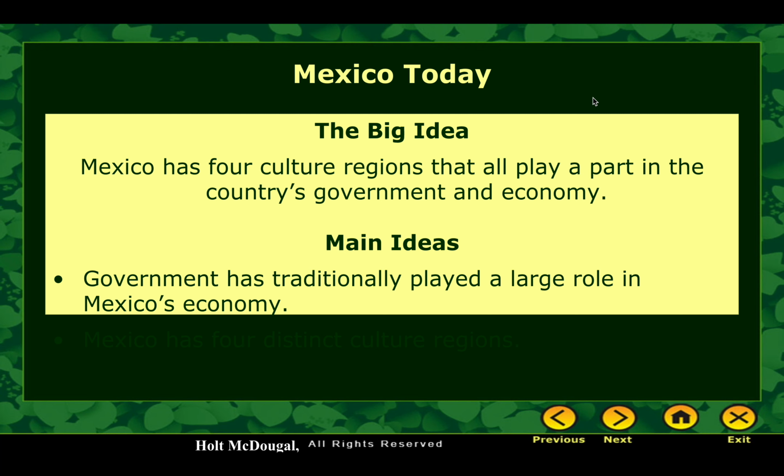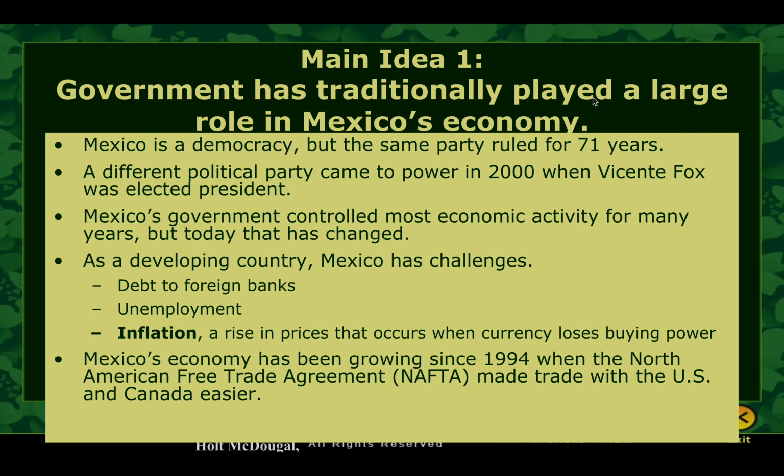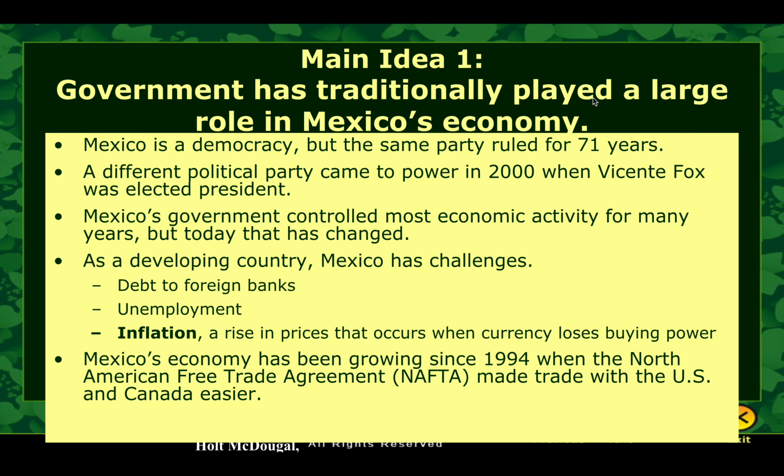So Mexico today has 4 cultural regions that all play a part in their country's government and economy. Mexico is technically a democracy, and they've had the same party ruling for 71 years. So in the United States, we have Republicans, we have Democrats. In Mexico, they have a party that has not lost an election in 71 years. A different political party came to power in 2000 when Fox was elected president, but they've had a lot of